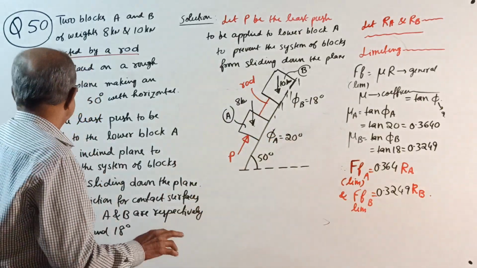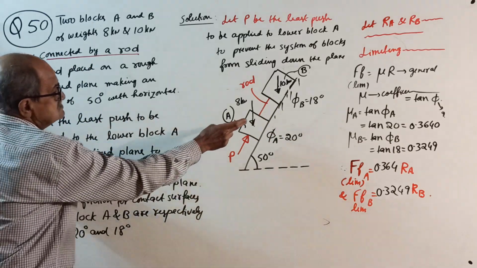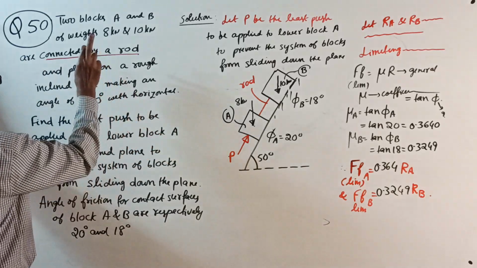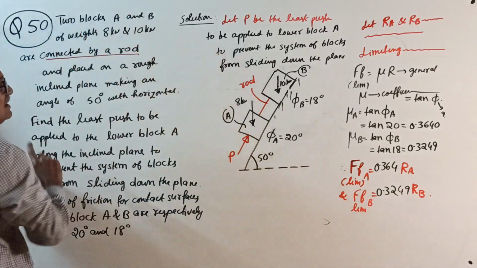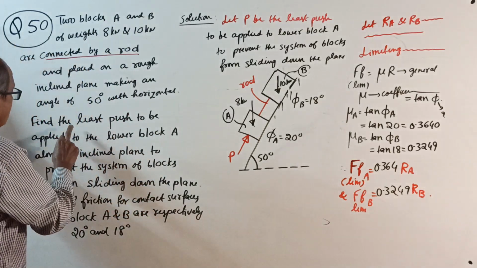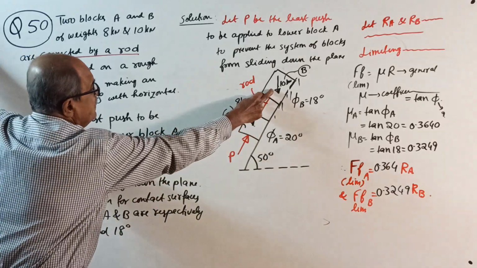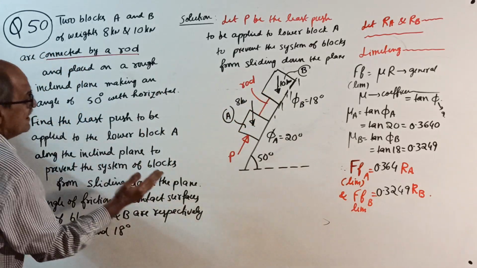Okay, over. Find the least push to be applied to the lower block. See, lower block A. They told block A and B. They did not tell which is upper side, which is lower side. Now they are telling least push to be applied to the lower block A. So this is A, that is B. Okay. Along the inclined plane,